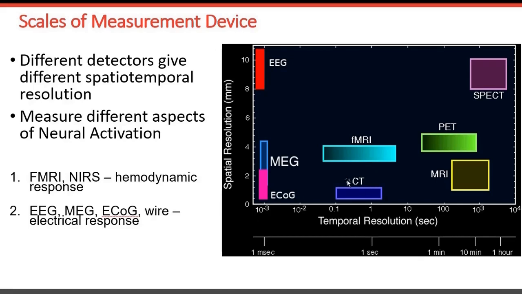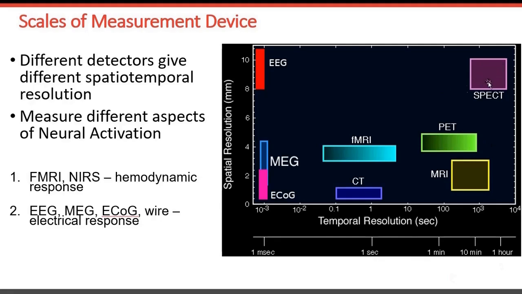And we can also see there are some technologies like computed tomography. They provide relatively better temporal resolution, while the spatial resolution is also good. fMRI, for instance, is good in terms of spatial resolution. We're talking about 4 millimeters here, 4 by 4, and some other MRI, for instance, is quite slow. This is 1 second, 1 millisecond. Here, PET and MRI allow us to summarize brain activities around 1 minute. It's too slow. And SPECT is the slowest, with bad spatial resolution.